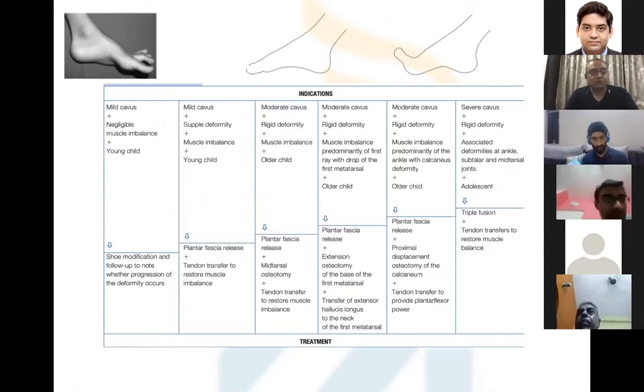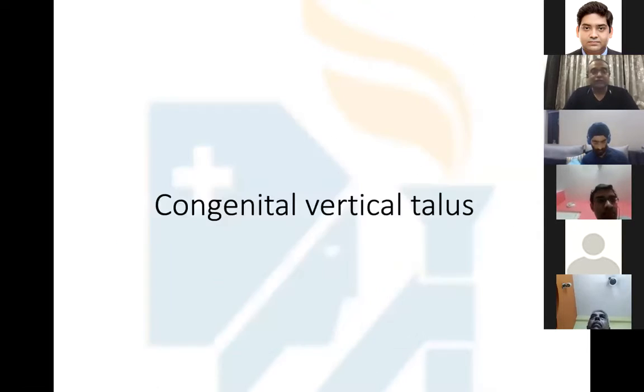a spotter. When you see it, you have to differentiate it from a forefoot equinus. And usually this can be modified with shoe modifications. And again, when the deformities are very tight and in older children, you have to go for triple fusions. Otherwise, muscle releases, and you have to know the exact diagnosis, and accordingly we can plan for transfers